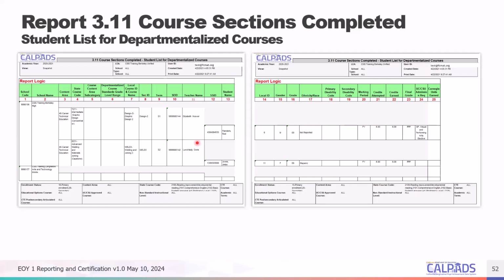If the student is a SPED student, then the primary disability will also appear here based on the information you had in, I believe, the disability in the plan record. So that's where the information would be derived.